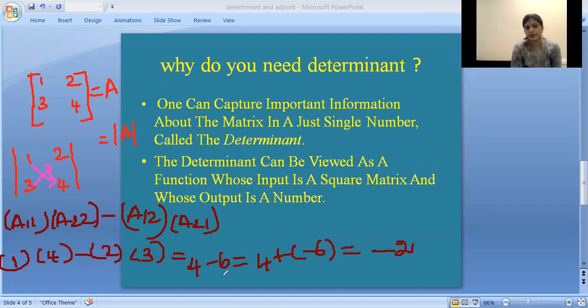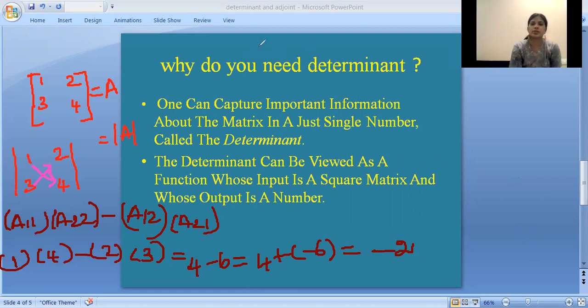Whenever you have two different signs, over here the 4 is plus and 6 is minus. You have to go for subtraction and put the sign of the greater value. So I subtracted 4 from 6 and got the result as 2. Here the greater value is 6, so I have to put the sign of the greater value. So I have put the minus symbol in my answer. I hope you are clear with the determinant concept.